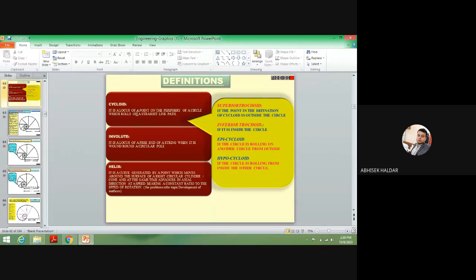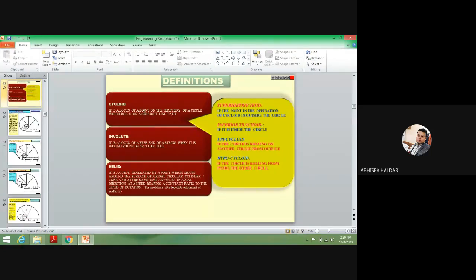So question number 2 is basically, as I told, from question number 2 up to question number 5. Questions 2, 3, 4, 5 are basically about 4 different engineering curves, special types of curves. Those types of curves are being generated somewhere each and every moment, but we don't know about that. So first we will discuss the cycloid.